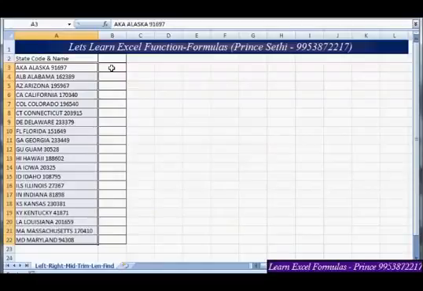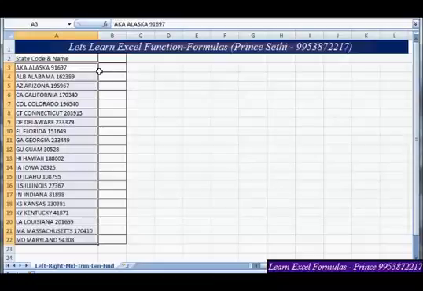Okay, right now we are going to do a couple of functions like left, right, mid, trim, find, length, etc. So how do they actually work? Let's suppose this is a list of state codes and their respective names, and I want the state code, state name, and their respective zip code to be delimited.